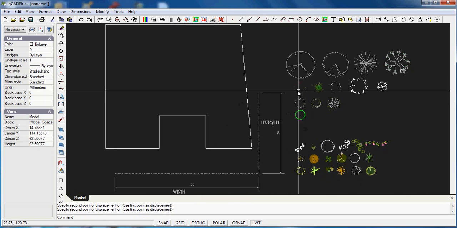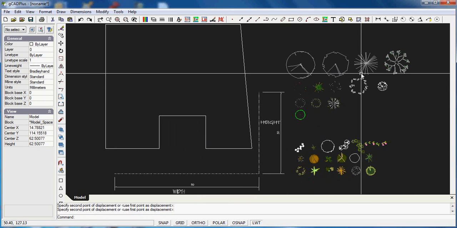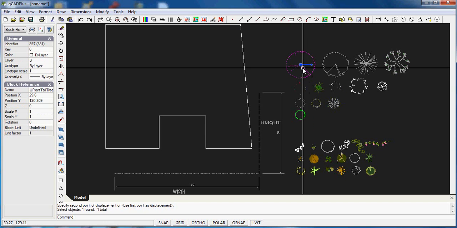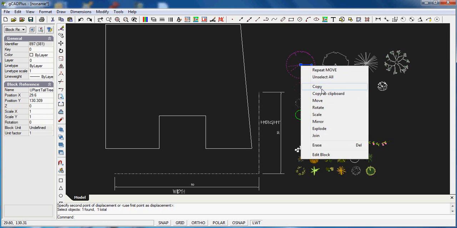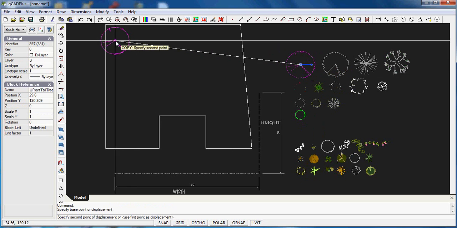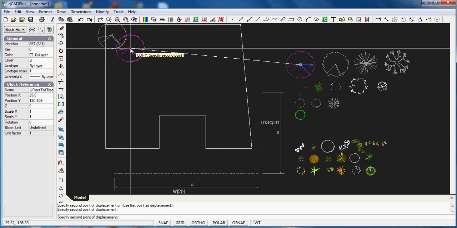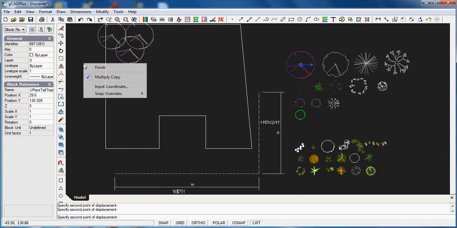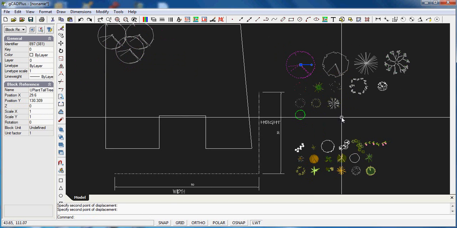You may be one of those who puts tall trees in, so there's some tall tree symbols. You might put tall trees in first, I should have said. So we'd pick it, right click, copy, mark a point there, and stamp, let's say, a group of 3 of that species in there, and we'll finish. We might then have